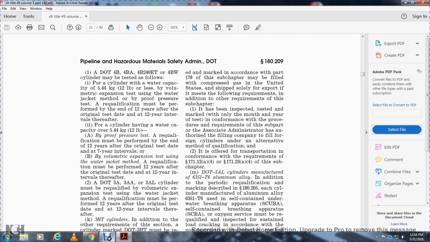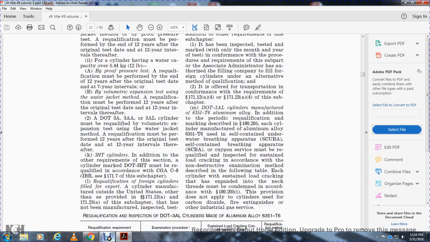The cylinder solely for export must meet the following requirements in addition to the other requirements of the subchapter: it has been inspected, tested and marked with only the month and year of the test, conforming with the procedure and requirements of the associate administrator, for the authorized filling company to fill foreign cylinders under the alternative method of requalification for transportation, conforming with the requirements of 171.12a(4) and 171.23(a)(4) of the subchapter. 3AL cylinders manufactured with 6351-T6 aluminum alloy, in addition with